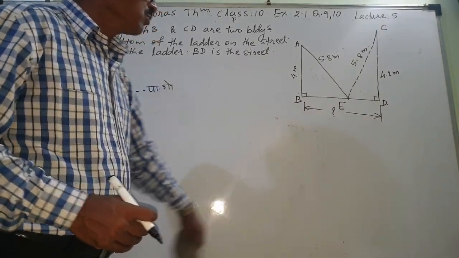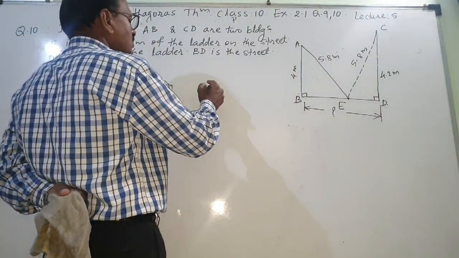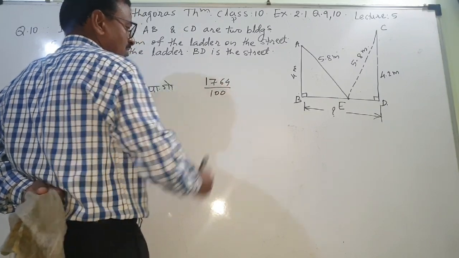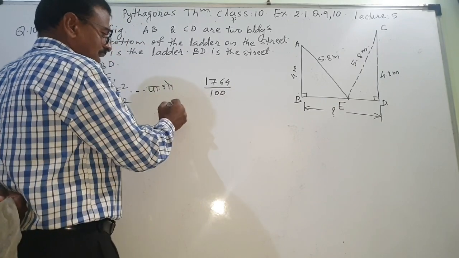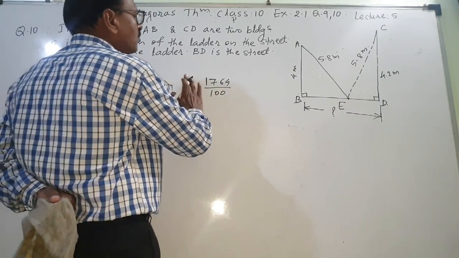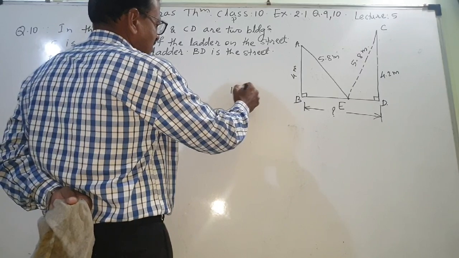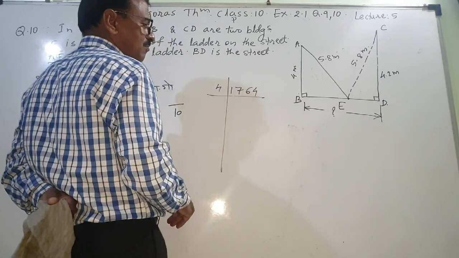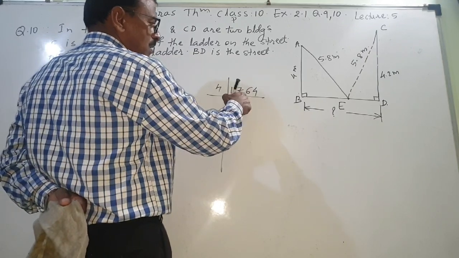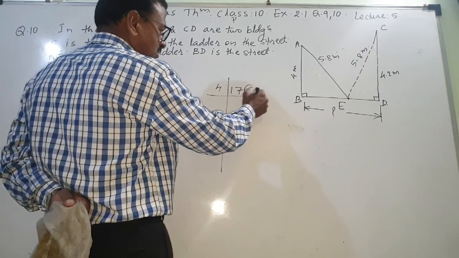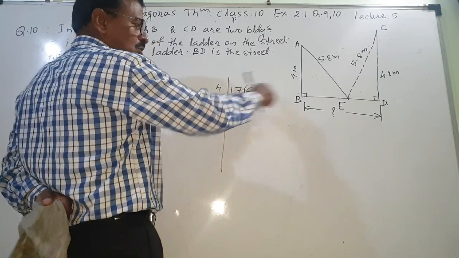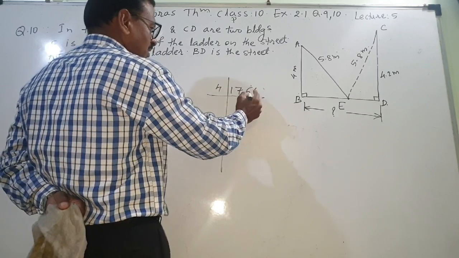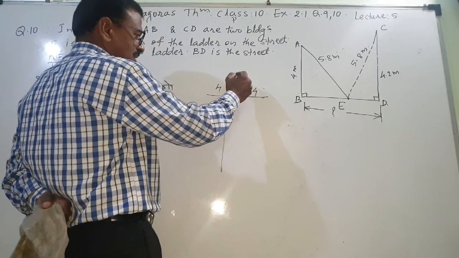Other way, as usual, you know how to find it. 1764, it is upon 100. 100's root is 10. Now I will find the root of 1764. By 4 I can definitely divide. What is the rule you know? Last two digits should be divisible by 4, then the whole number is divisible by 4. So that's why this 64 is divisible. So 4 4s are 16, remains 1. Carry this 6. 4 4s are 16 and 4 1s are 4.